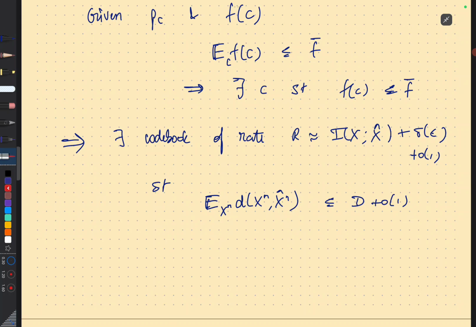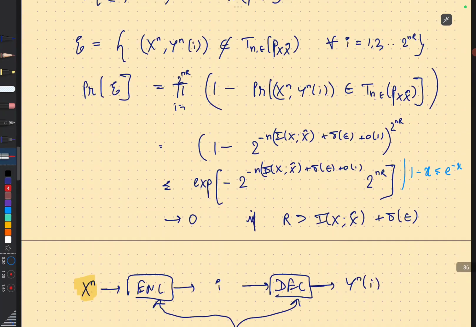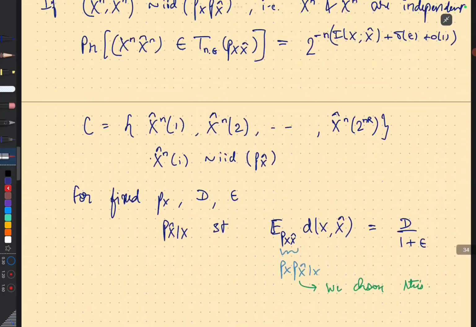So in case of fixed length compression, we use the typical set. Correct. But right now, as a variable length lossy compression, we don't know the size of the codebook. So in this case, we're dealing with fixed length lossy compression, right? We're not talking about variable length lossy compression here. The problem with variable length lossy compression is that there are two things here. One is, you could say that the k over here,